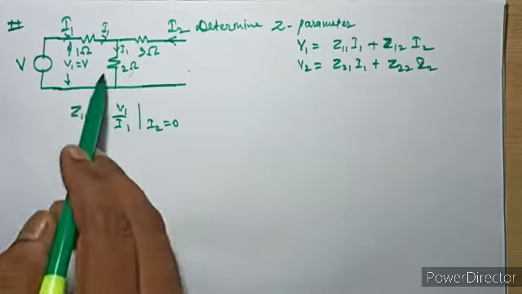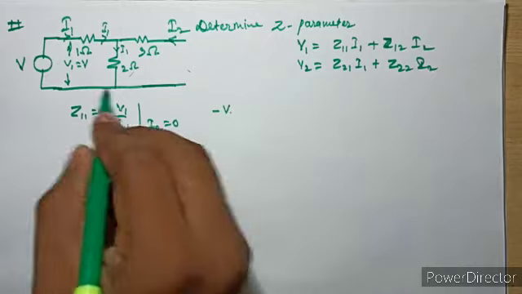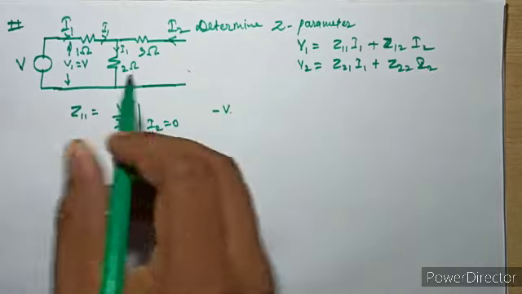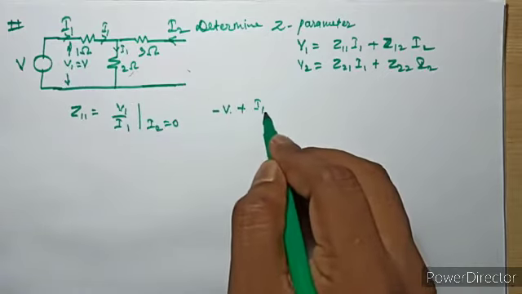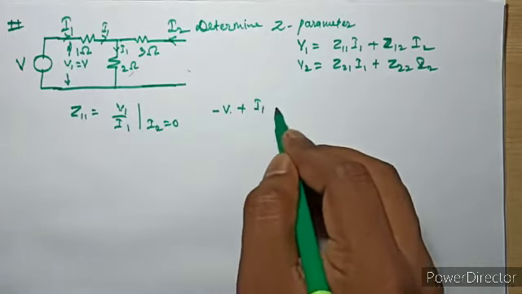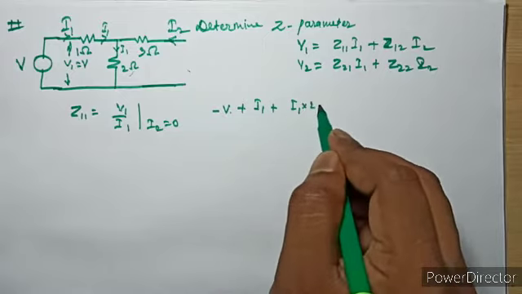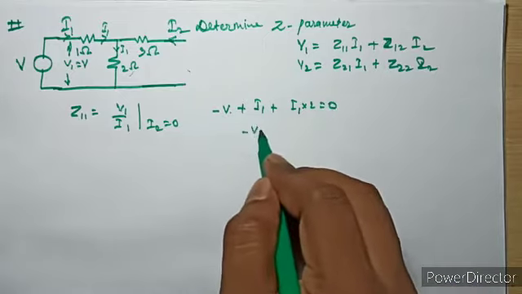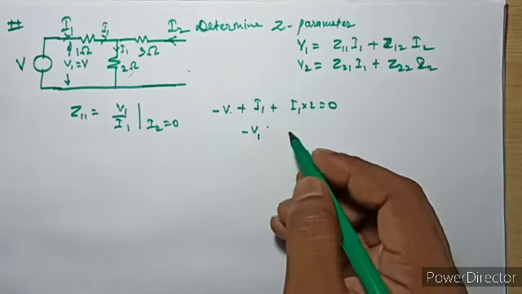So writing KVL in this, we will have minus V, which is V1, plus I1 into 1 ohm plus I1 into 2 ohm is equal to 0, means minus V, or simply say minus V1